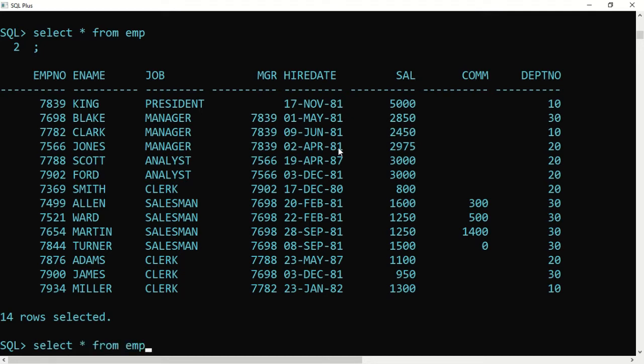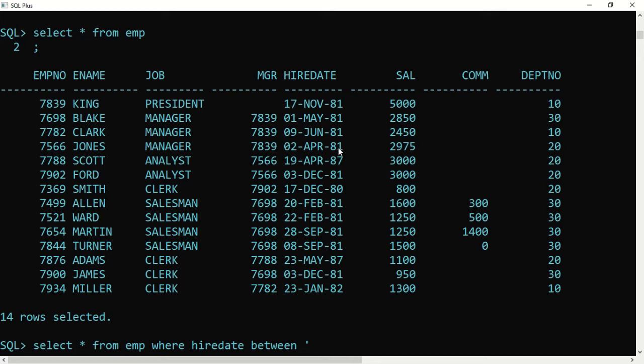So how to do it? Let's start from EMP. The condition is WHERE hire date, the condition is applicable on hire date, BETWEEN, I'm giving the range. Between A and B. In that case A will be the minimum value, in quotes. Date fields should be in quotes, character quotes. When you're comparing character information, that should be in quotes.